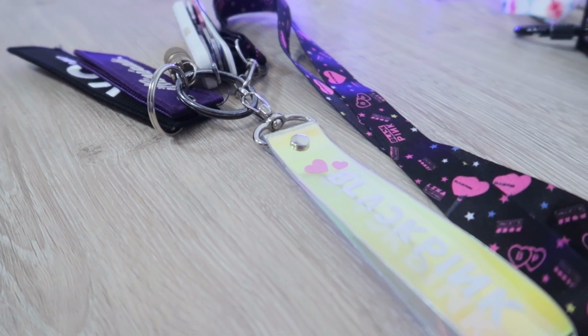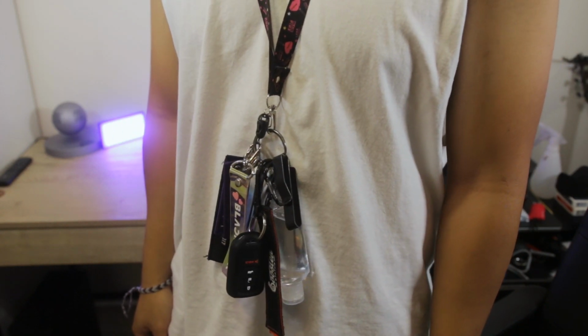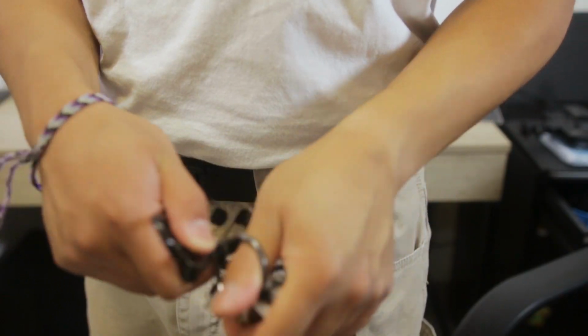I usually use the lanyard to hold my keys in my hand or put it around my neck. I can't really put my keys in my pocket anymore without it bulging out a bunch because there's just too much stuff now. The other mode is where I have it hanging from my waist using the Zach Tool key